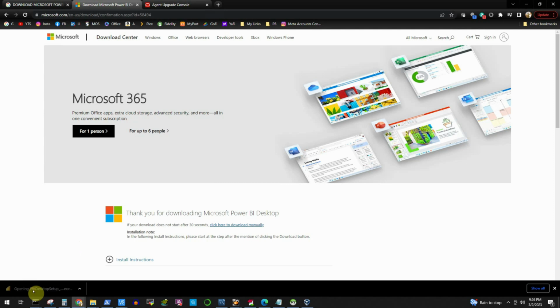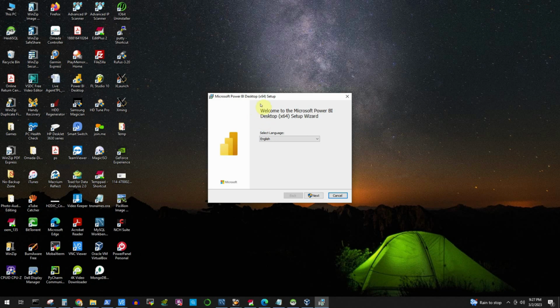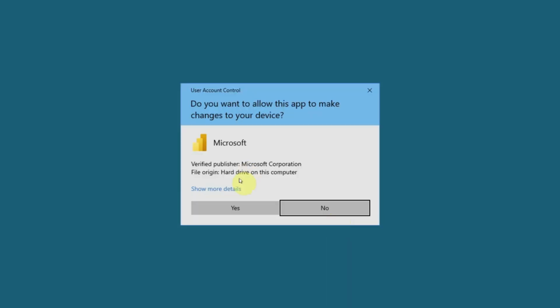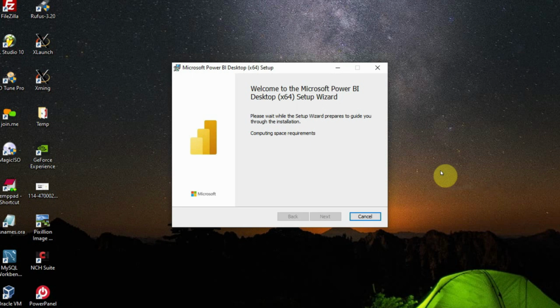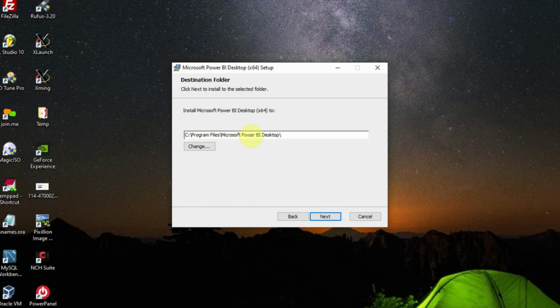Now I'll click on the installer to start the installation. Let's minimize this window. Yeah, and we have the setup program. The language is English. Click next. Click yes for the permission. Let it complete the computation of the space requirements. Click on the next button and accept the terms of the license agreement. Click next, and we are okay with the path selected for installation: C:\program files Microsoft Power BI desktop. We'll click next